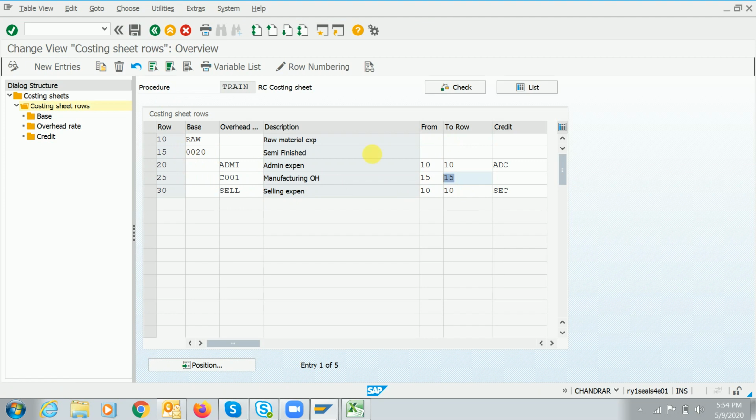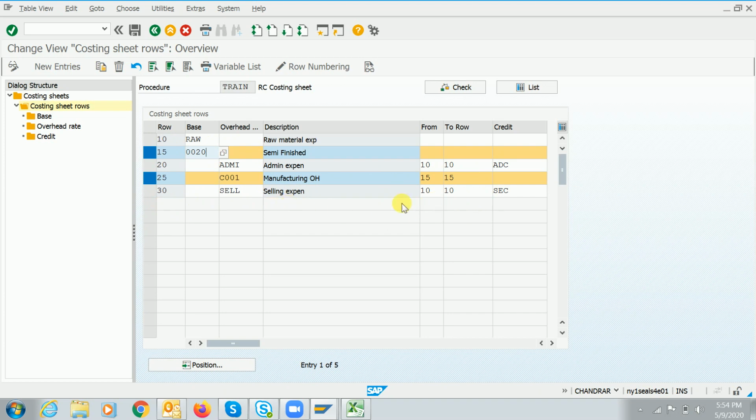While calculating the manufacturing expenditure, the system will look only at the 15 line item, and as per the 15 line item, the system will pick the rates. The same way for the selling expenditure: here you have to maintain the new accounting entry 35 selling expenditure, and you have to maintain 15 here.